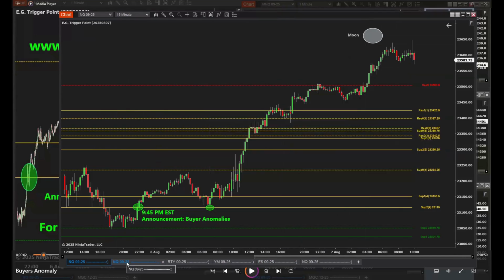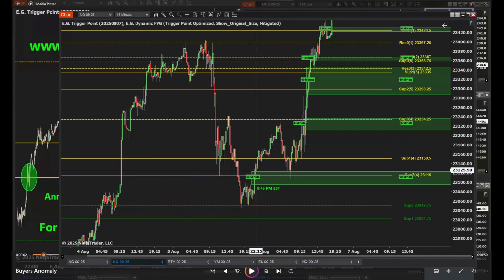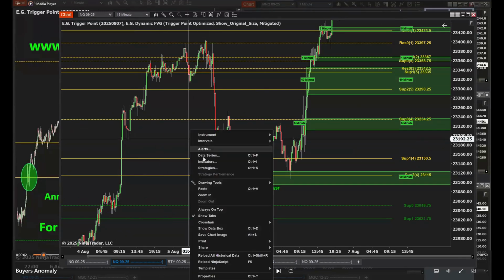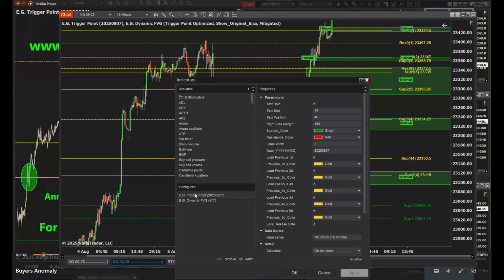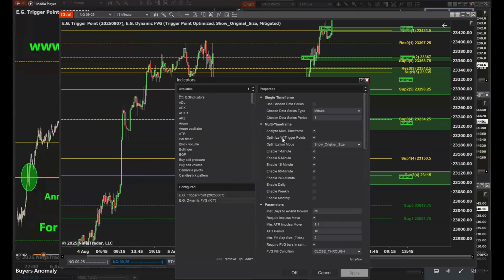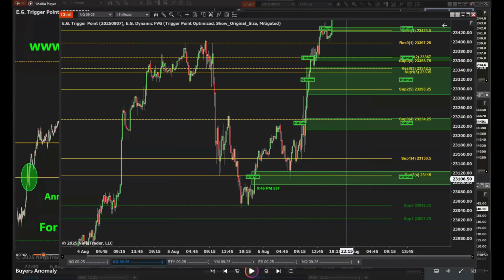So one possible option is to identify high time frame fair value gaps with our multi-time frame FVG indicator, where the optimization setting is enabled. Like here, optimize with trigger points. It means that it calculates fair value gaps across multiple time frames, but only leaves the ones that align with our trigger points. Because otherwise, if you do not check the optimization setting,